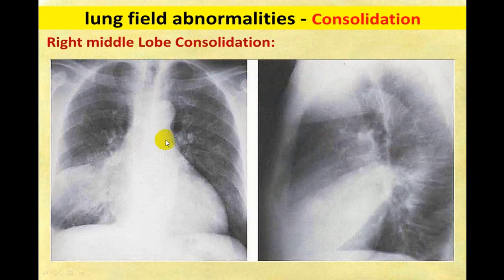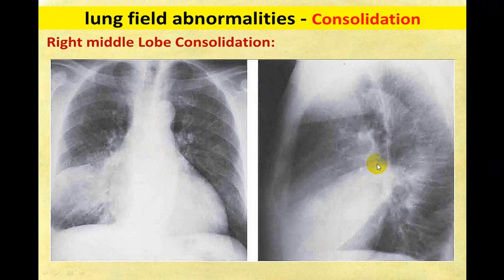Now if you see here, this hilum I cannot make out, and the right border of the heart I can see a little bit, but there are little strips here. So this is related to the lung. This is not related to the heart. So there is something which is related to the lung. And if you see here, I can see a little amount of air bronchogram. So either this is a consolidation or this is a collapse. In a consolidation there will be no shift of trachea. Now trachea is shifted to the right side. So this has to be a collapse, which you will be able to identify in a lateral view.